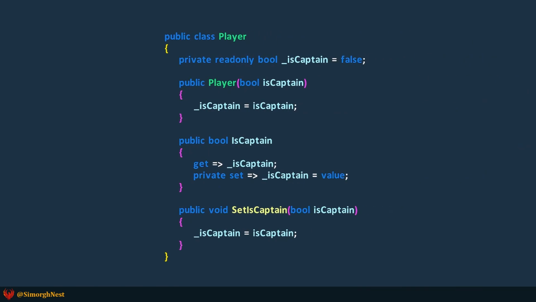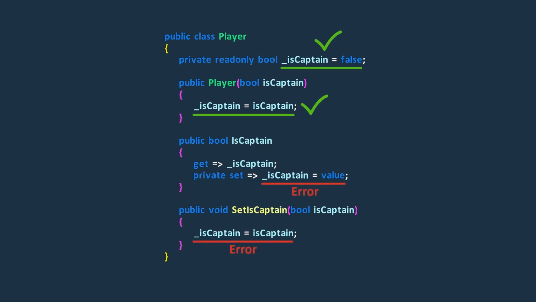Alright, there is an important point that we need to discuss. As we mentioned earlier, a readonly field cannot be assigned a new value after the constructor finishes executing. This rule has different implications for value types and reference types.